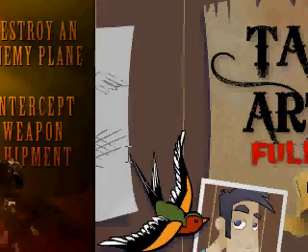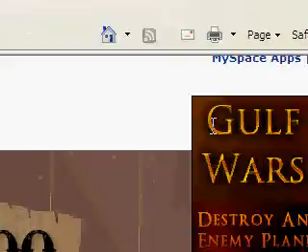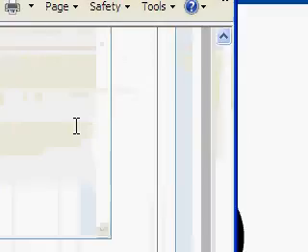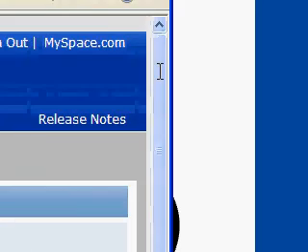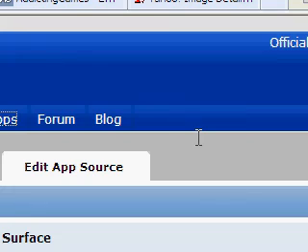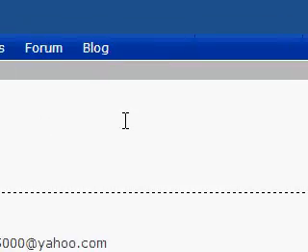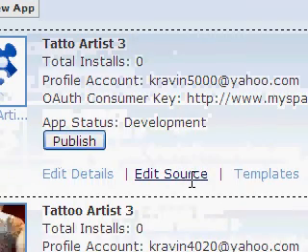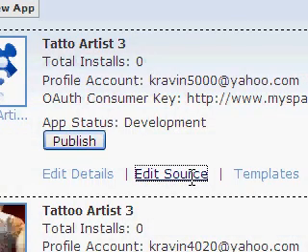Now let's scroll back up to the top, and let's click on My Apps again. I missed a little step right there. Let's go ahead and click back on Edit Source. I'm sorry about that. Real quick, let's go ahead and click on Edit App Information. And